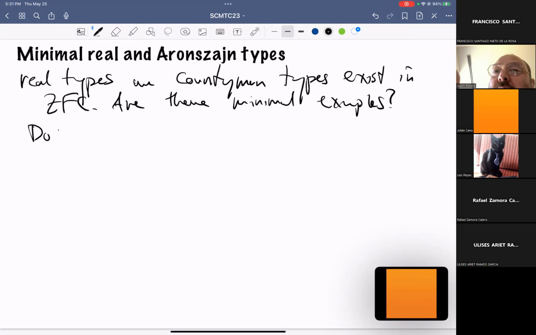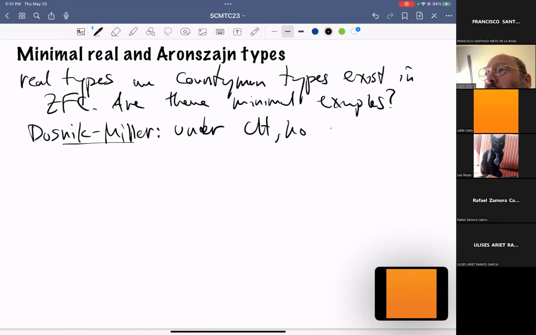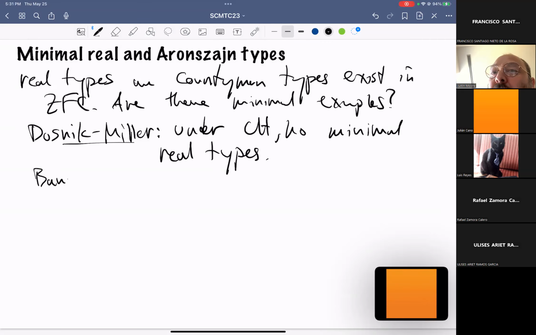Dushnik and Miller a long time ago showed that under CH there are no minimal real types. And Baumgartner, even though this isn't how he originally phrased it, it's how we usually think of his result today,